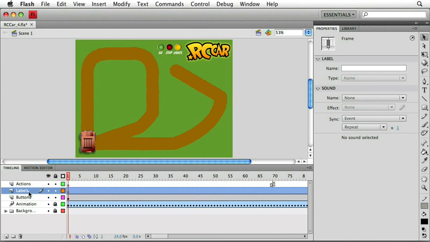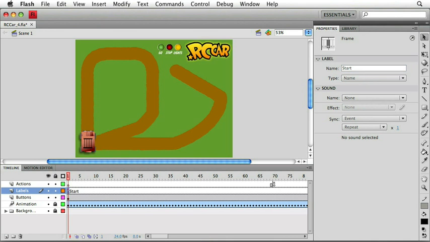For any keyframe, we can assign it a frame label. To do this, we actually select the keyframe. So let's go ahead and click on Keyframe 1 on our new Labels layer. And let's go over to the Properties panel. You'll see this shows us options or properties for our frame, including a label category. Locate the name type-in field underneath label and click inside there. Here we can type in and assign a new frame label to this specific keyframe. Since this is the beginning of our timeline, let's go ahead and give this the name of Start and hit